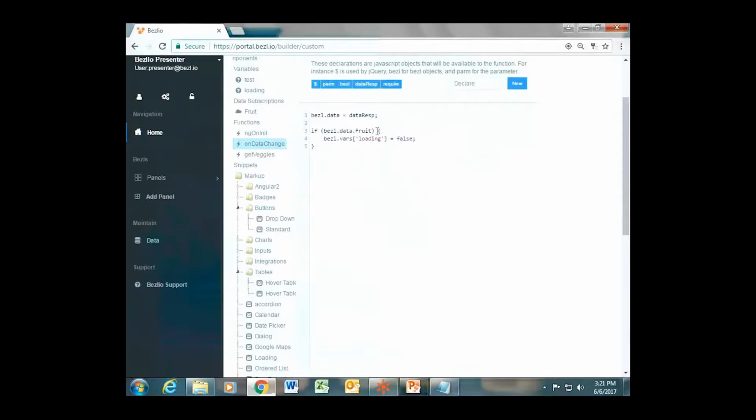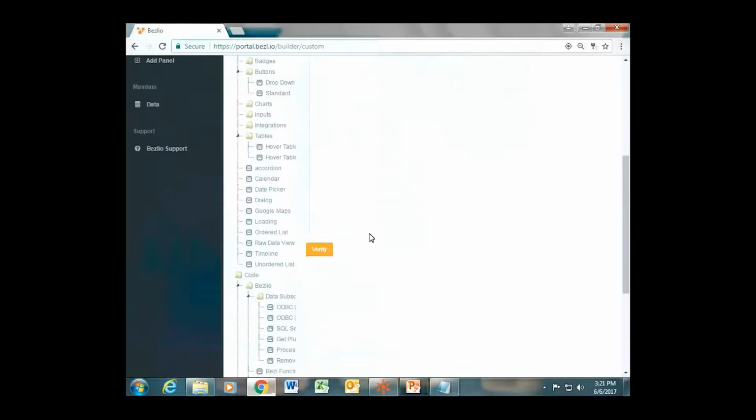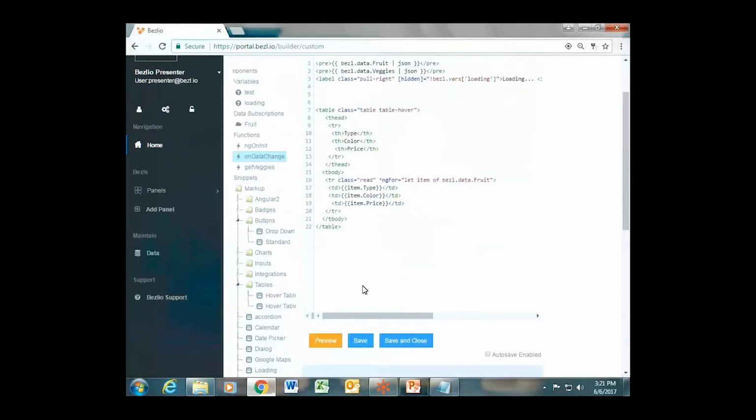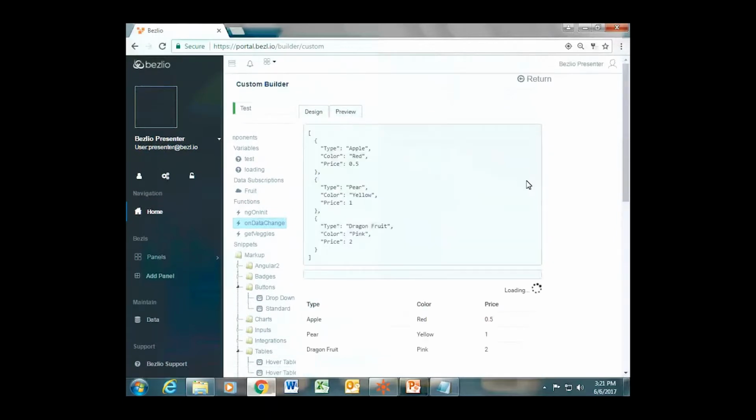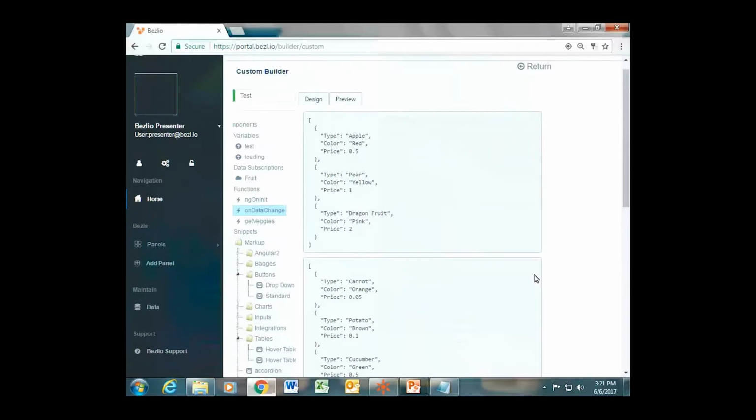We can make a simple edit here and make it depend on both data descriptions. To test that out, we can just preview, make sure they both come back before the loading animation is done,